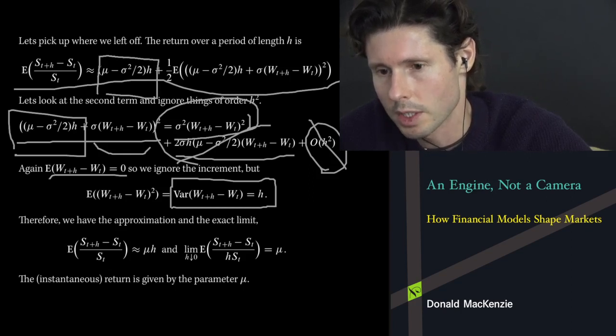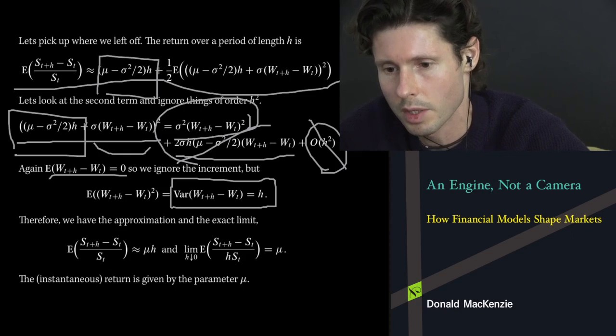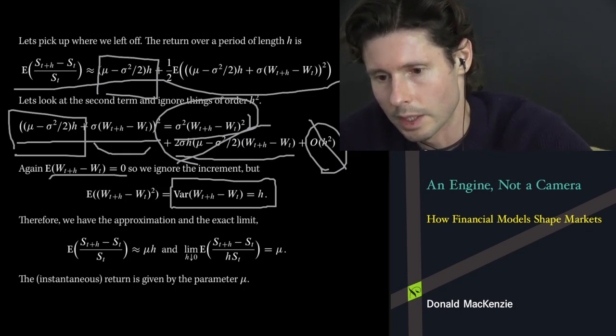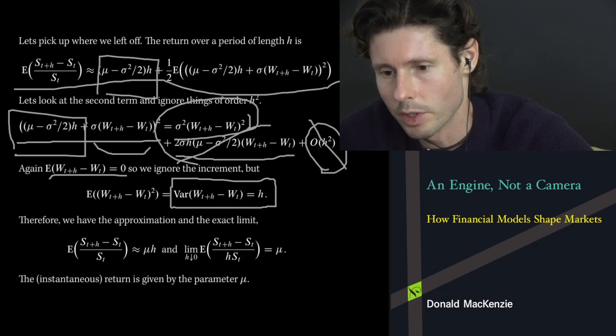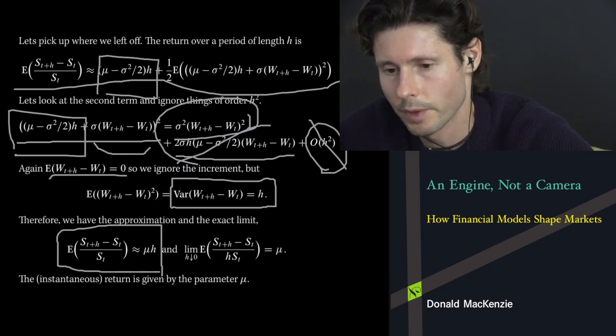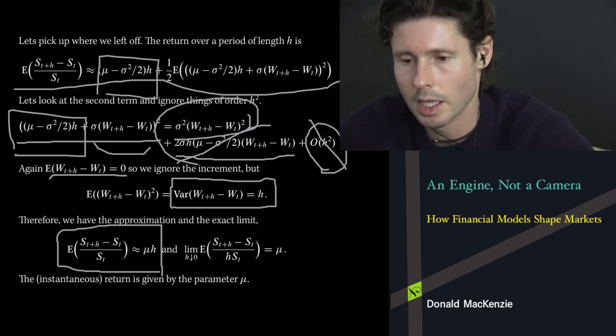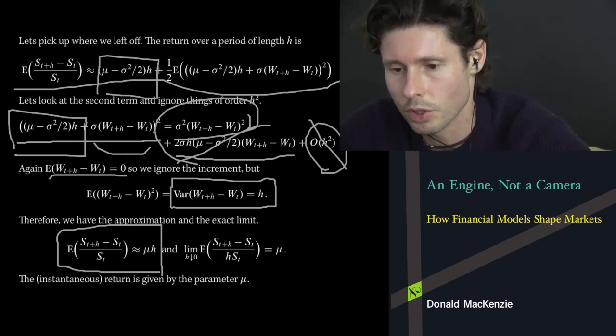And what you see is that they actually cancel out nicely, which is the reason I had an objection to what Ross does in the textbook. That kind of kills the interpretation of mu as being the return, because in this formulation, what we actually obtain is the approximation for the expected return to be mu h. In other words, mu is kind of an instantaneous return. So if you want to get the return for h time units, you just multiply it by h.